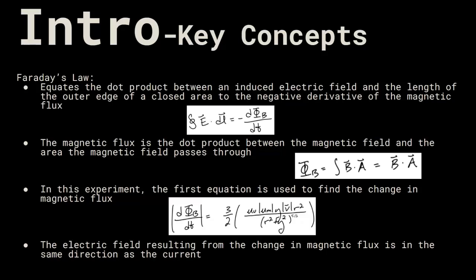In this lab, we used Faraday's law, and this equates the dot product between an induced electric field and the length of the outer edge of a closed area to the negative derivative of the magnetic flux. And we know that the magnetic flux is the dot product between the magnetic field and the area that the field passes through. In this experiment, the first equation is used to find the change in flux. And we know that the electric field resulting from the change in magnetic flux is in the same direction as